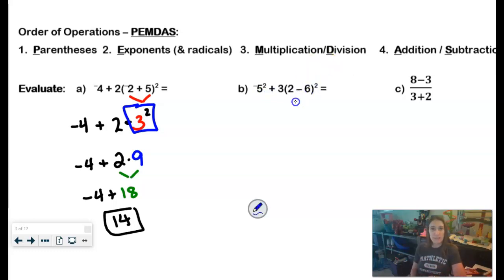But 2 minus 6, this guy right here would be a -4. Now that, because there already are parentheses around it, that's like the singular value, -4. When I go to square that one, I do square the negative, so be careful there. And then, so right here, exponents would be next. Be careful though, because like we were just saying, this guy squared and this guy squared have two different things going on. So I'm going to leave the negative in front as a coefficient, and then 5 squared is a